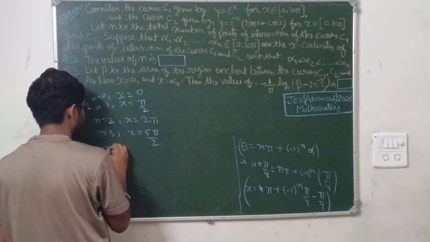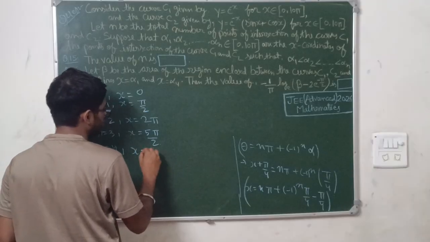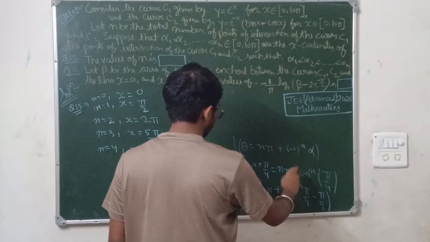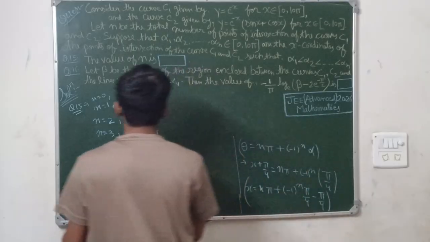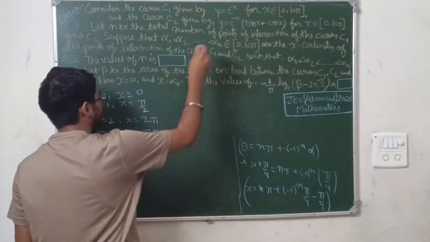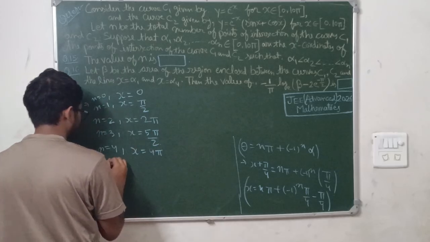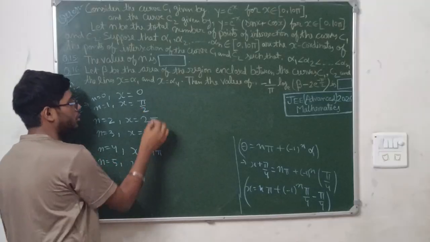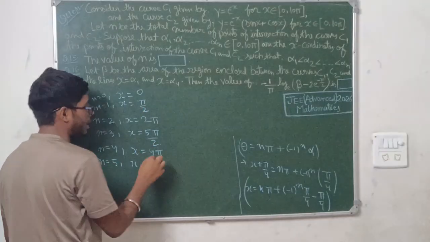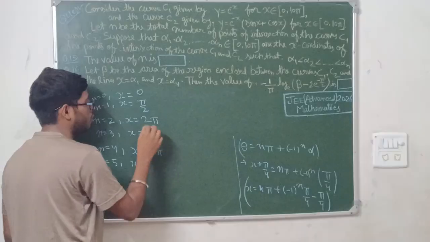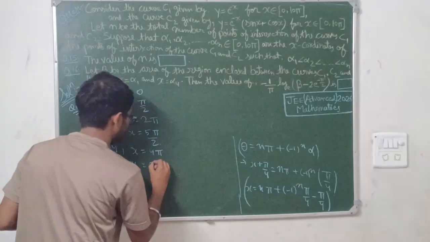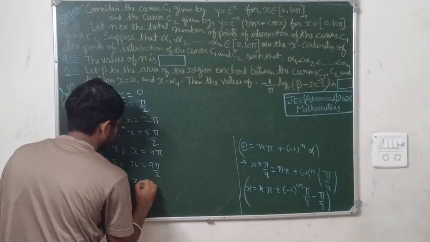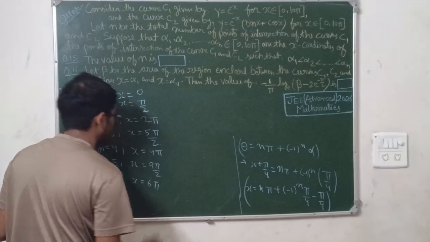Now n is equal to 4. x is equal to 4 pi minus 1 to the power 4 plus pi by 2, that is 4 pi. Till 10 pi you have to go. For n is equal to 5, you can see the series pi by 2, 5 pi by 2, 2 pi, 4 pi. So what will be next? Difference of 4. So 9 pi by 2. For n is equal to 6, your x becomes 6 pi.